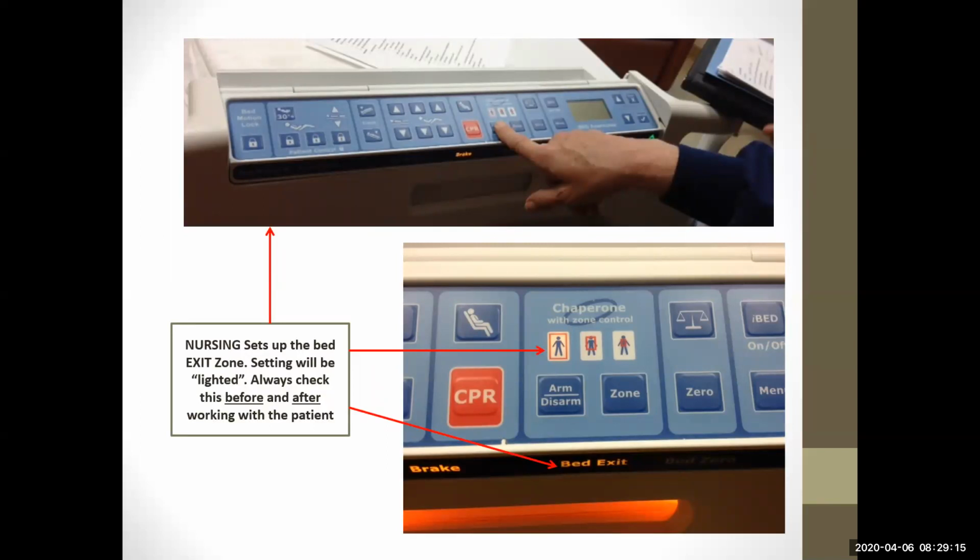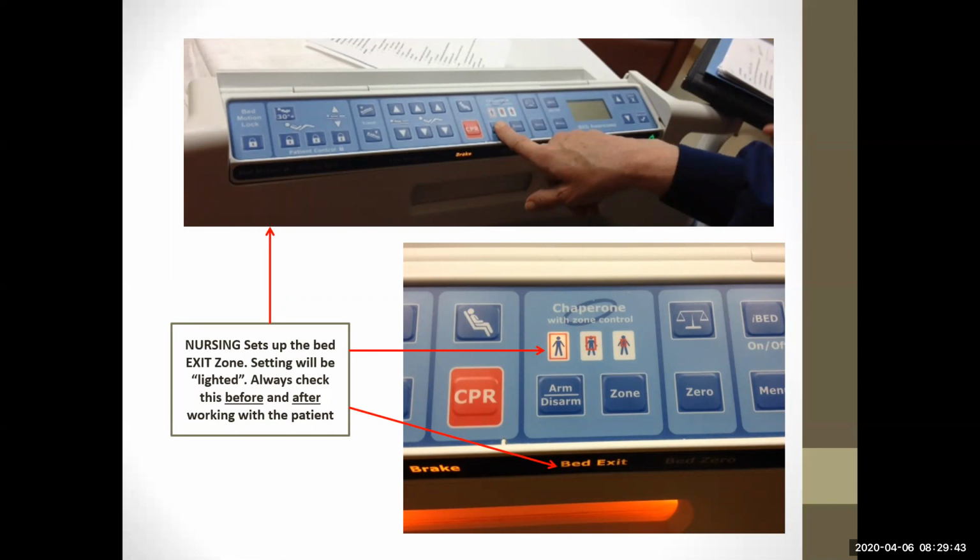We have some nice features on the inpatient beds, and that's a bed exit alarm. As you can see, you can pick the sensitivity of the zones seen here. And what that will do is it will actually alarm not only on the bed, but it's also hooked up to the call light system. So if that patient is a fall risk and they start to stand up, the call light will go off, the alarm will go off so that the folks on the unit know to go take care of that patient